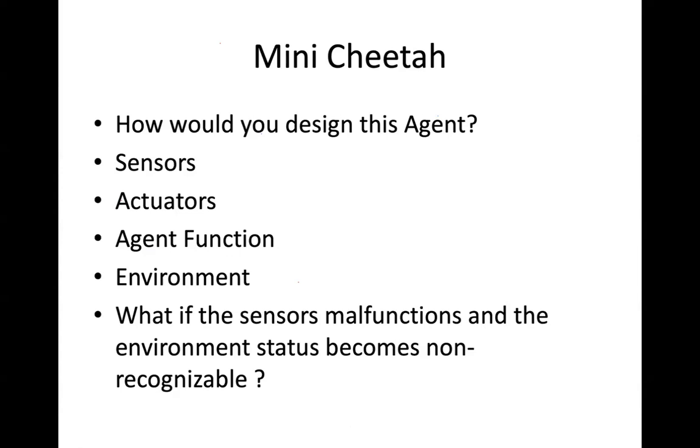Here again, the agent function is not just performing one task. The agent function is performing multiple tasks in this mini cheetah application. And those tasks are obviously, one is related to the movement, the other one is related to